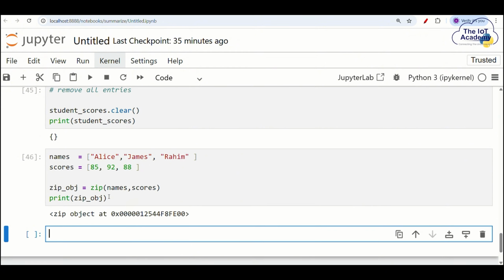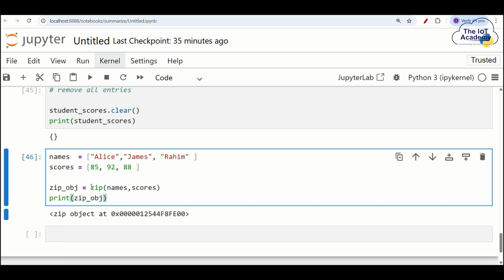And you see the zip object like this. Okay, so now what you can do, you can actually put a dictionary around it. Call the dictionary method on the zipped object,